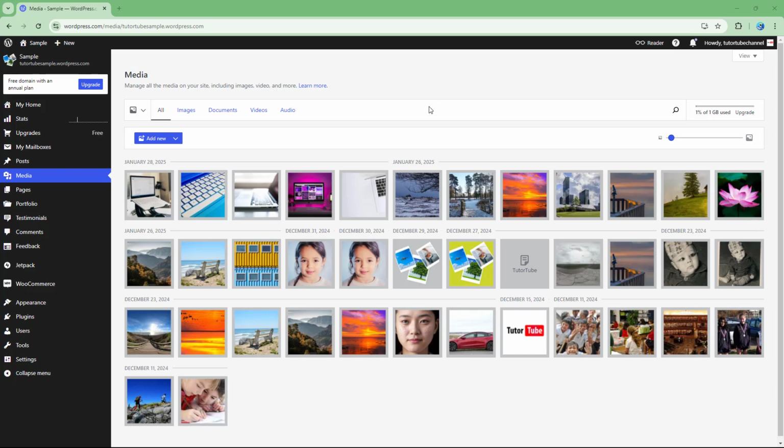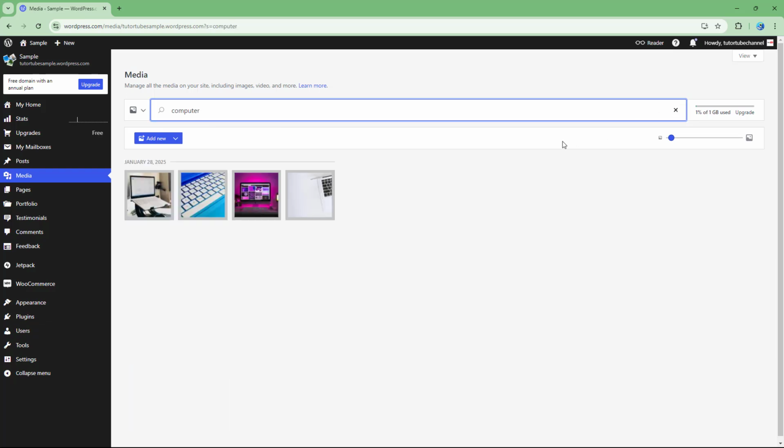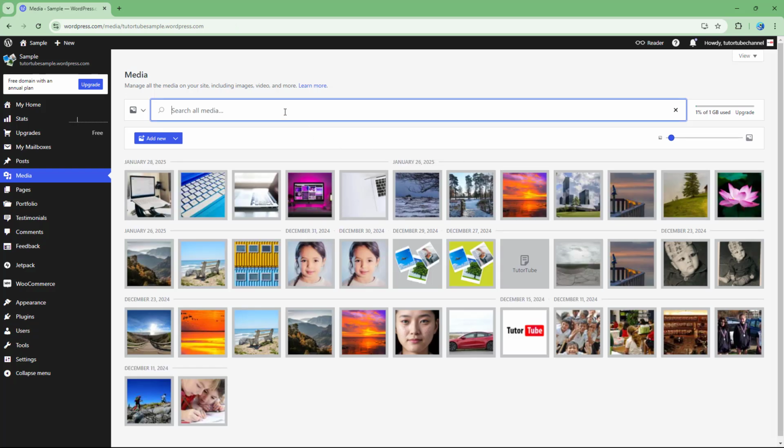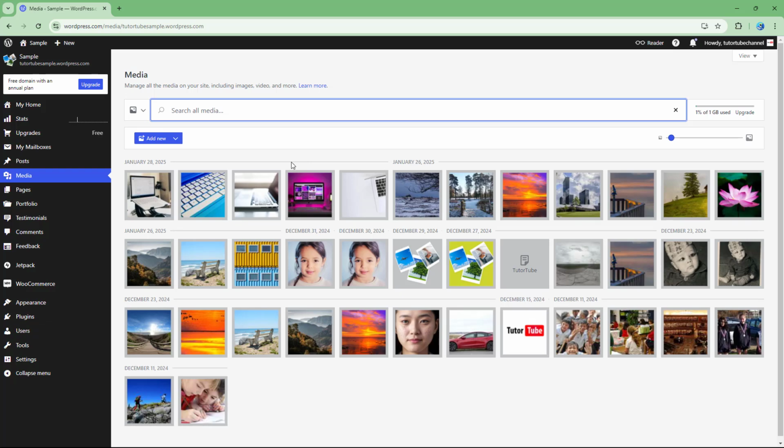So if I were to go around and type in, let's say for example, in the search bar, something like computer right here, then not all images actually show up, but the ones which actually have the title in it. So now if I were to go ahead and do that, you can see that if I type in computer right here, then only 4 images show up, but one of the